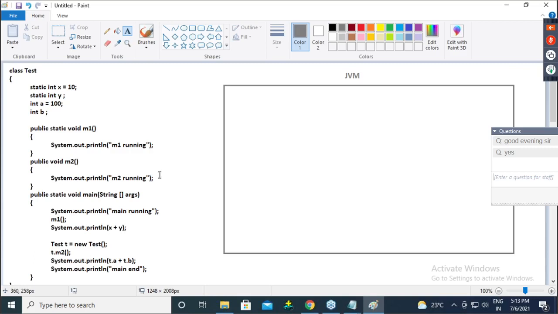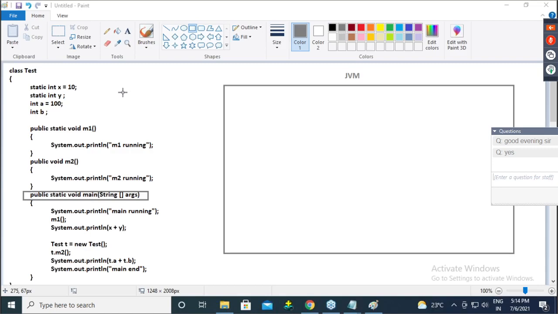That .class file we give to the class loader, and the class loader will check whether the main method is present or not. In this class, can I say the main method is available? Everyone, yes or no? So no problem, it will work. Can I say the class loader accepts this .class file, accepts the Test class for execution? Give me confirmation, everyone.